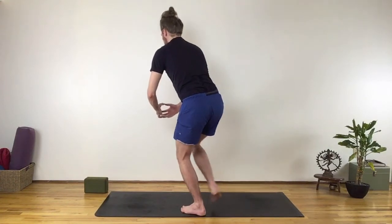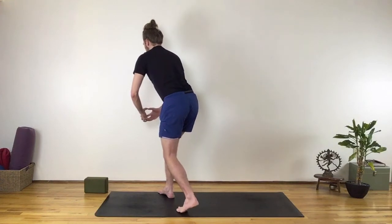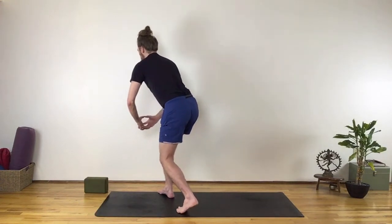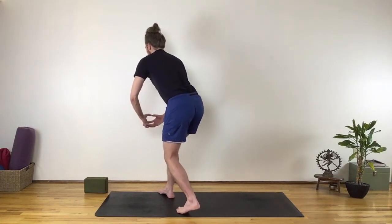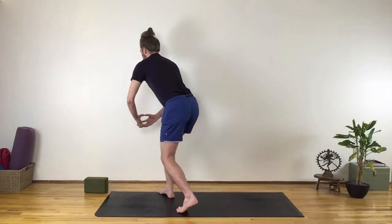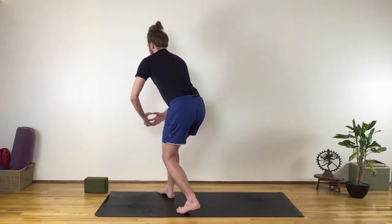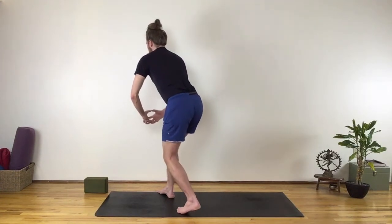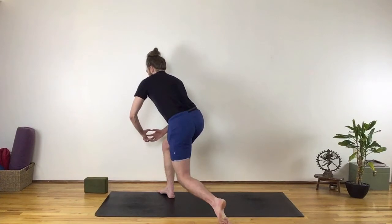From propeller, step your right foot forward to the right edge of your mat, diagonal starter block position. Just a lunge position, but on an angle towards the front right. Pulse forward and back on your mat. And then from diagonal starter block, lift your back foot, point your toes, bring the top of your foot to